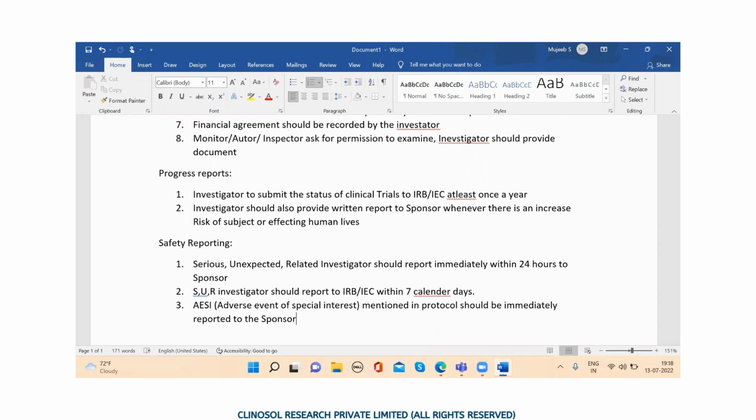The investigator should provide a written report. If there are any changes, or if additional information is requested, then you need to provide that information to the sponsor